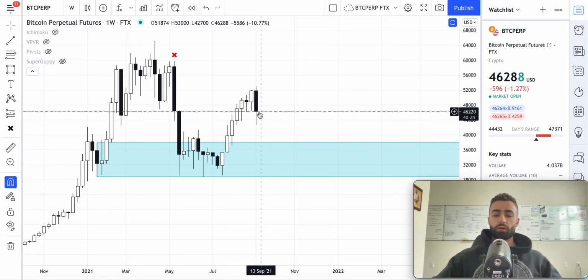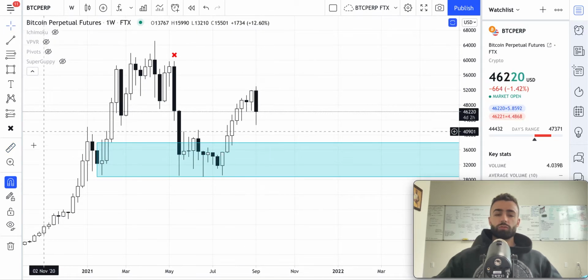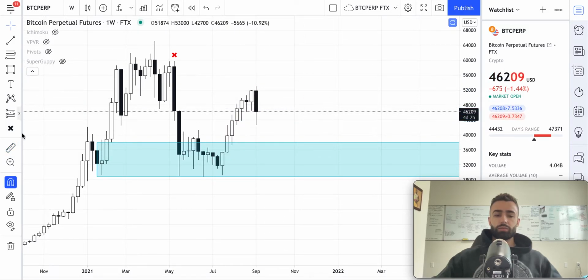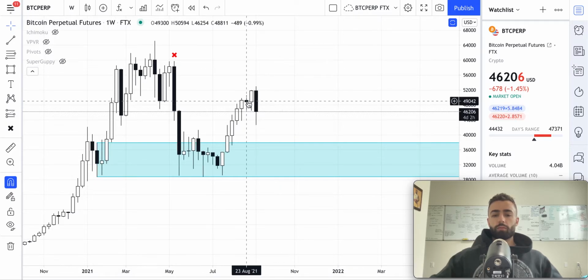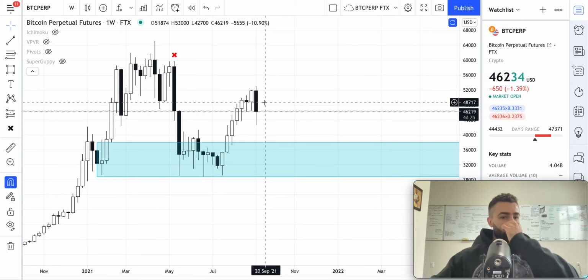But ultimately, the target that I'm looking for is, now that we've drawn down as much as we have, we need to consider if it's likely that when we come up, we're going to form a higher low. Now we've drawn down, from our high to our low here, about 19%. So for us to rise up and form a new higher high, we're going to need to go about 24%. So if we do go up from here, I think we could end up seeing, it's not a guarantee, but